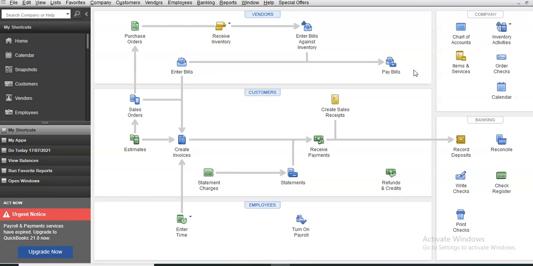So use your enter bills to capture the total amount you expended out, right? Then your pay bills to capture the part you paid in real time to the supplier, and the balance you transfer to the withholding payable. And as soon as you remit those funds to the relevant tax authority, you just go ahead and raise your journal. It's just as simple as that, right? So one of those things, they don't have anything to do with CIT. We know that. So one of those key things they handle in terms of taxes is basically withholding taxes,